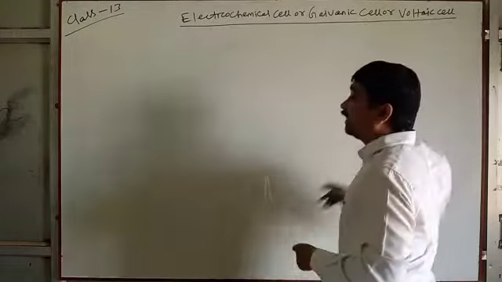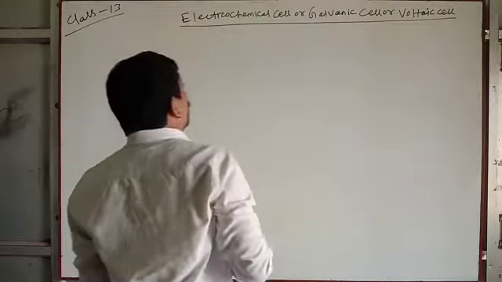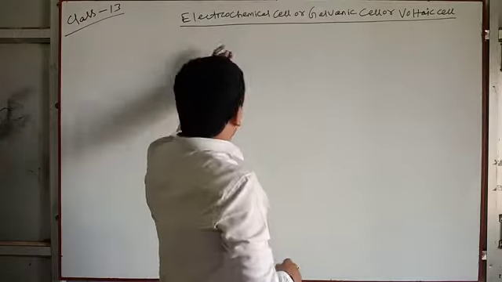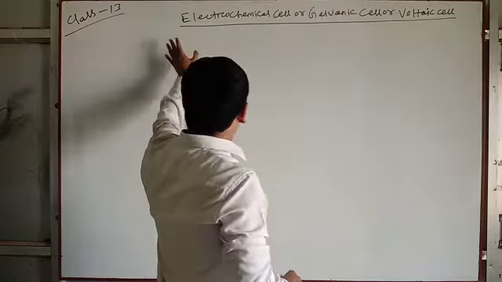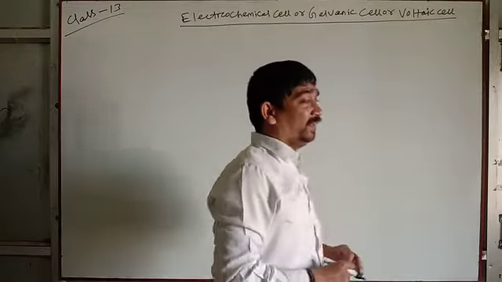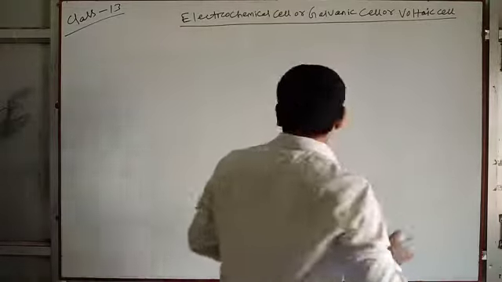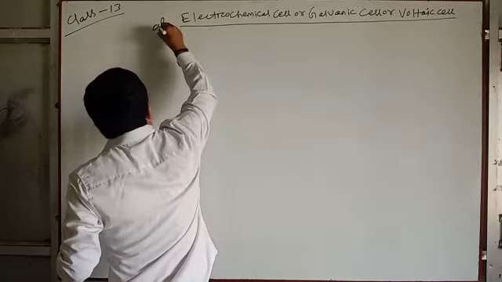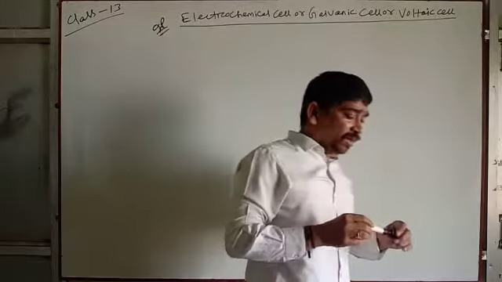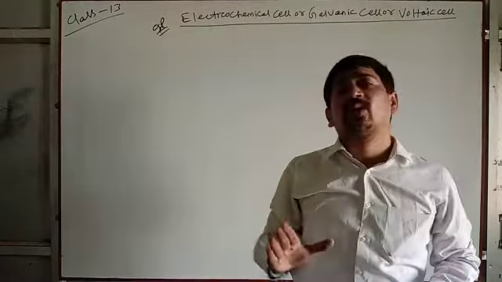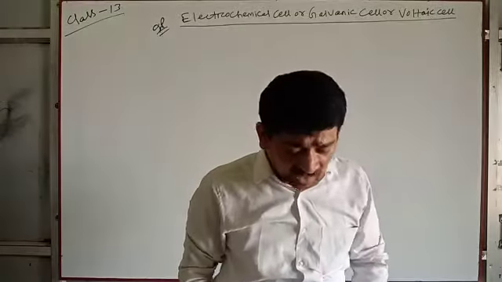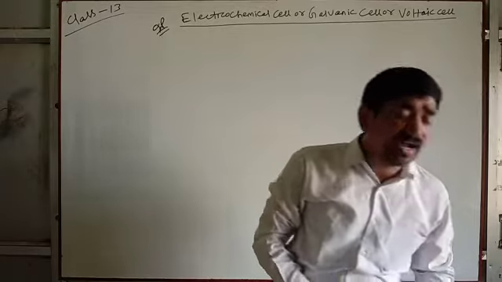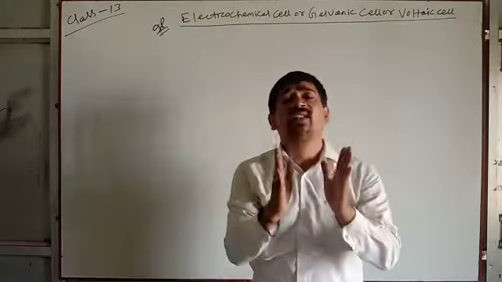Next we will discuss what a galvanic cell or voltaic cell or electrochemical cell is. Clear? This is a very important question for your council exam. He may put this here. First we have to discuss what an electrochemical cell or galvanic cell is. I am drawing the diagram for the galvanic cell, and before that, the first definition of the galvanic cell.